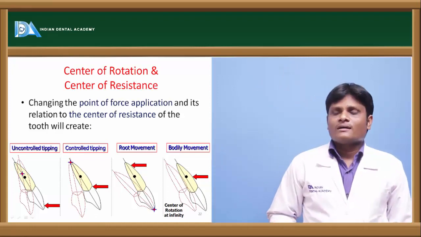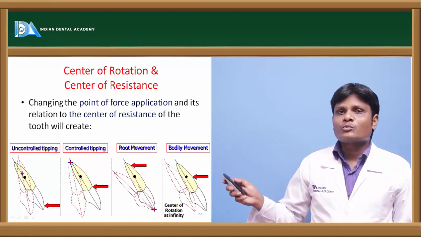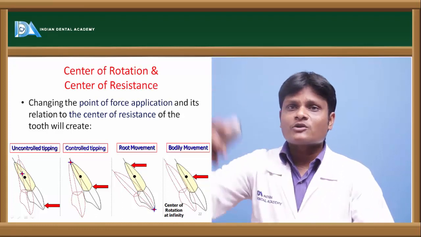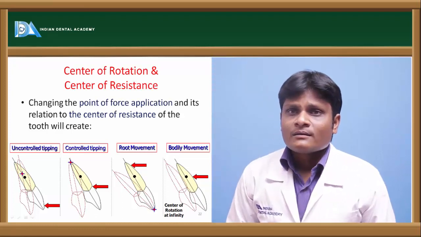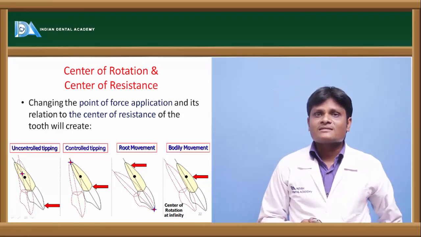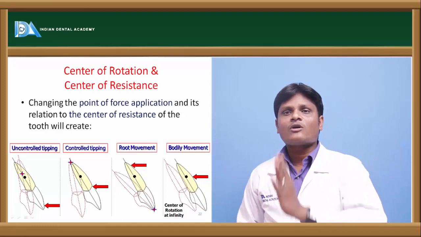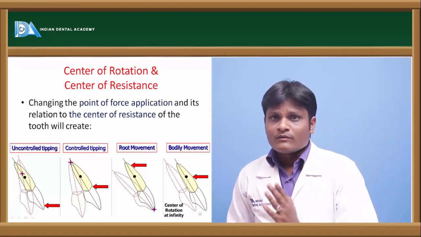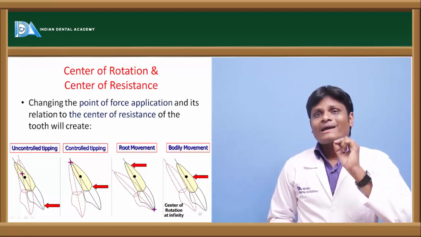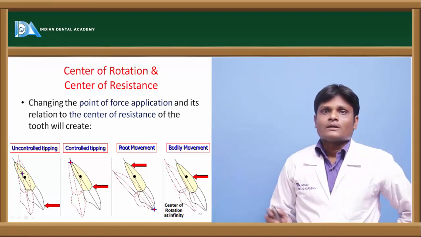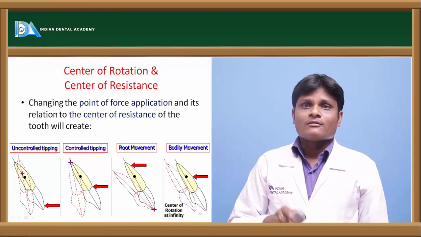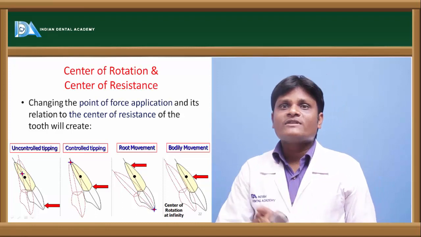Now we have one more type of tooth movement, that is the root movement. When we apply a force which is more apical to the center of resistance, then the tooth root will move with the crown relatively stable. That means when we draw a long axis of the tooth before movement and after movement, then the point of intersection of the two long axes will be at the crown tip. This type of tooth movement is called torquing or uprighting, wherein the root will move leaving the crown relatively